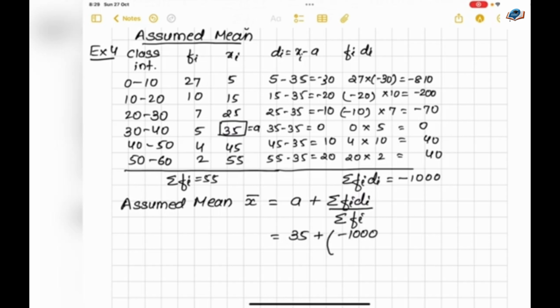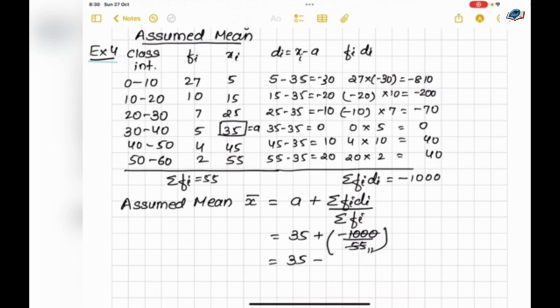Again I am repeating, it doesn't matter if you take the third value or fourth value. If you have taken a bigger number, automatically the answer will come minus and the final answer will be the same. So this is coming as 35 minus 5 11s are 55, 200s are